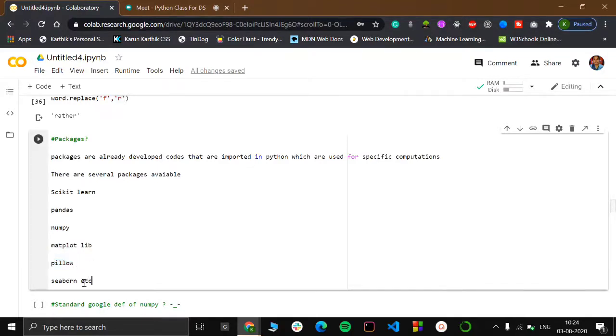And seaborn is more preferable than matplotlib because matplotlib offers a standard visualization, but in seaborn you can add colors and the whole user interface is much better than matplotlib.